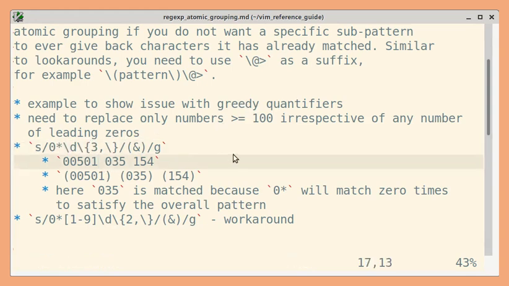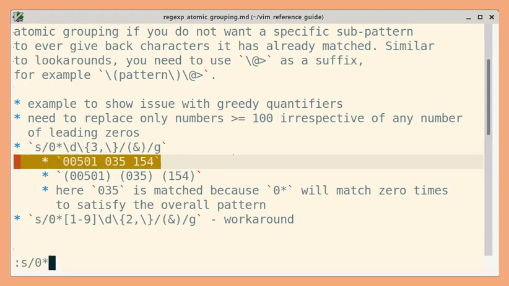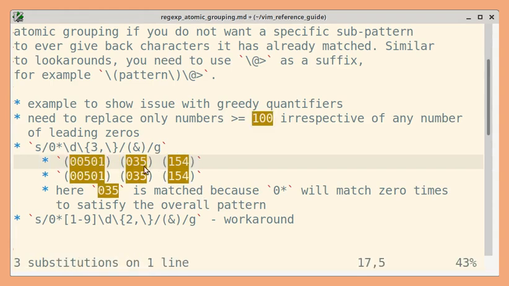So let us see why. 0 star matches leading zeros and we need to match a digit character 3 or more times. So this will help to match numbers greater than or equal to 100. Replacement is surrounding the matched portion with parentheses, but this solution will not work for all numbers. So as you can see, even 035 is surrounded by